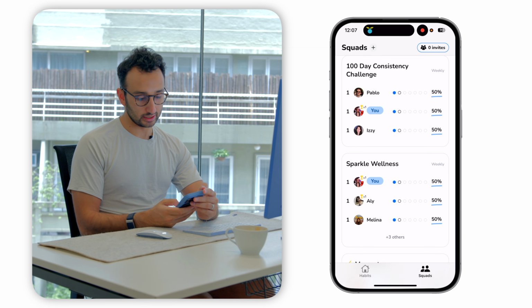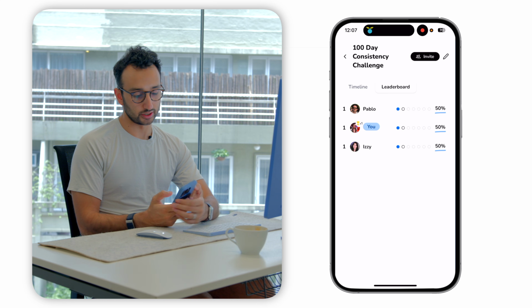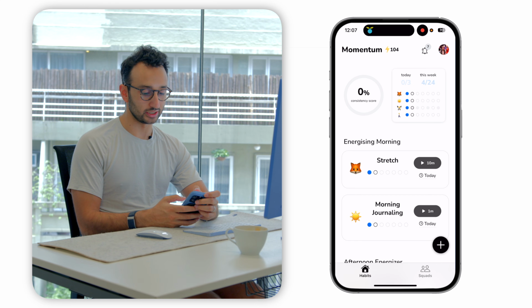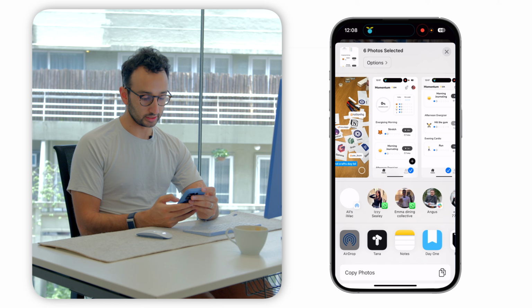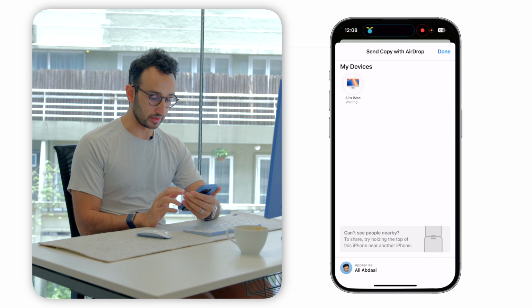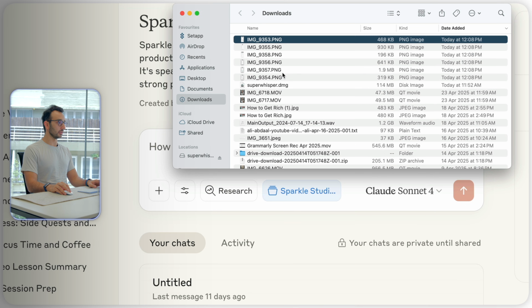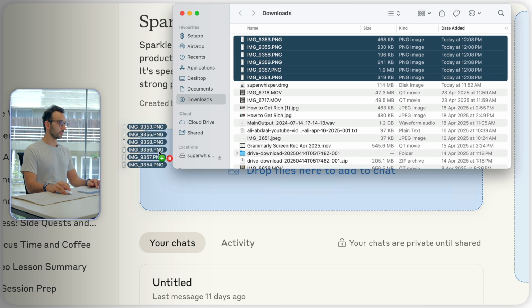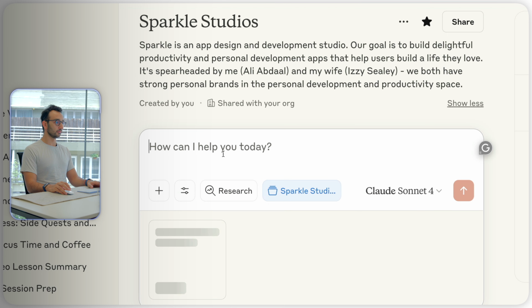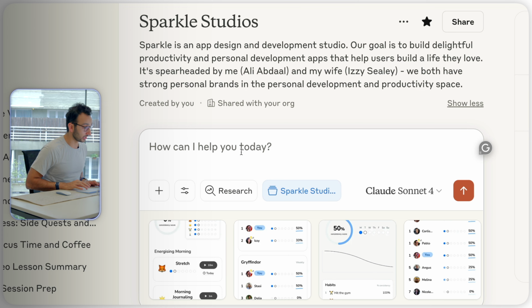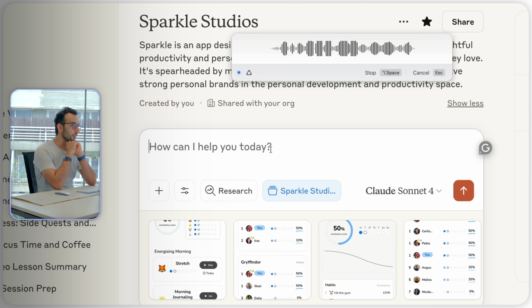And I'm basically giving Claude a feel for what Momentum, the app, actually looks like right now. I'm going to take those files and AirDrop them to my Mac. What is good about this is I can chuck all of those straight into Claude. And now I can use SuperWhisper to say, okay, these are some screenshots of Momentum, which is the habit tracker